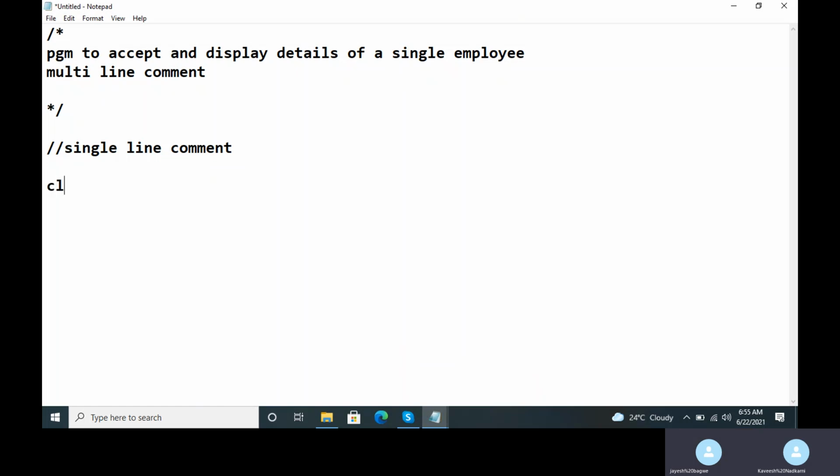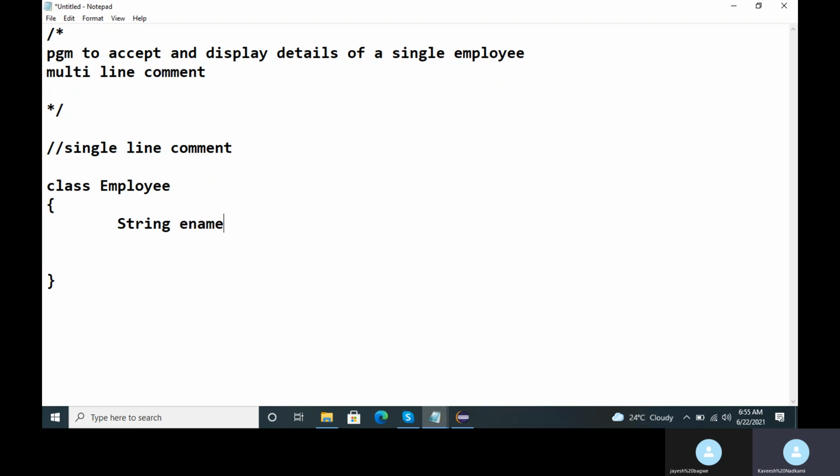Okay. So here I will just write class employee, Jayesh, first. So as I already told you, whenever I define my own class, I must declare private data members for the class. Okay. Private data members, and also I must declare functions for the class, Jayesh. Okay, so first, regarding what is private, I'll tell you all that. Don't worry. So here I will first type my data members for the class employee.